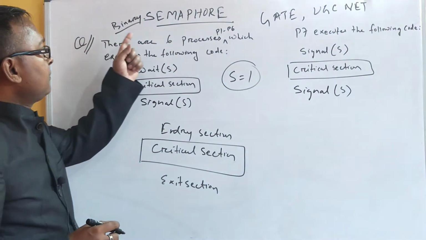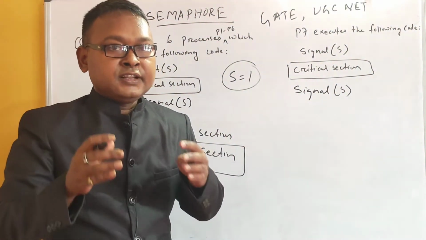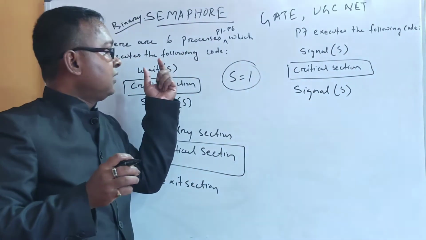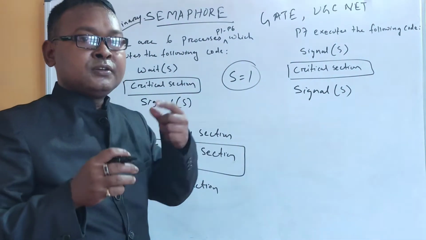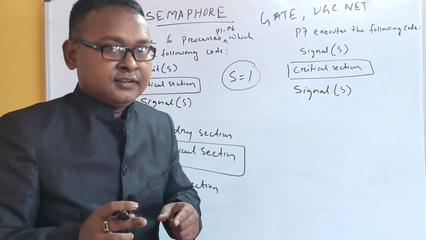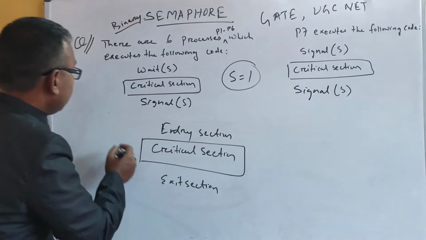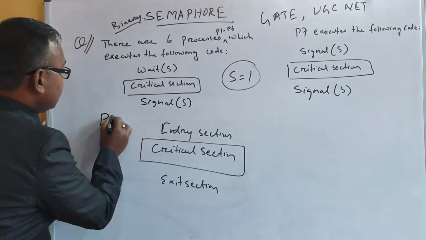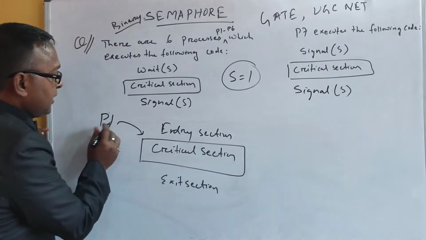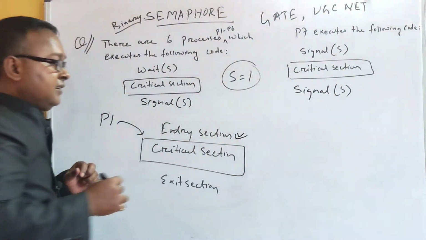As we are discussing the binary semaphore, your semaphore takes the binary values, that is 0 and 1, and your binary semaphore works with 2 atomic operations, that is wait and signal, right? So that you know. So let us solve this particular problem. Process P1 right now wants to enter into the critical section, right? Before entering, what does it need to do? It needs to execute the entry section.